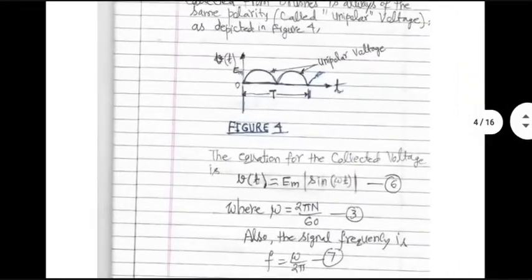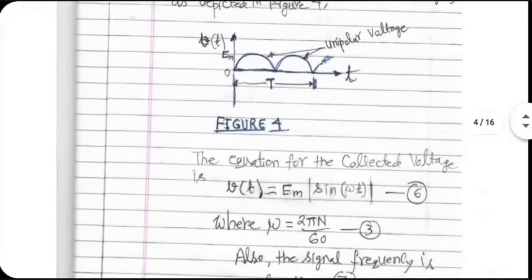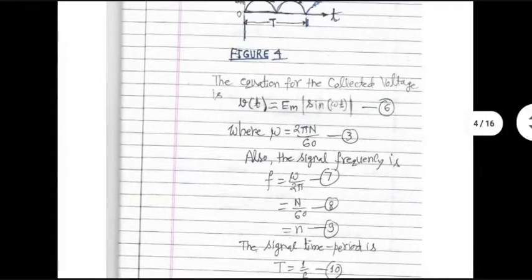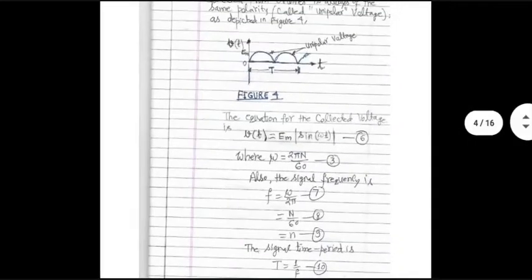Anyway, before we go to that, let's look at mathematics again. Now the equation for the voltage will have magnitude of sine omega t instead of sine omega t, because now the values are positive throughout. And omega is connected to capital N by this simple equation, omega = 2 pi N by 60. I'm repeating it here for the sake of completeness. The time period, of course, is 1 upon f, and f is omega divided by 2 pi, all well-known things.